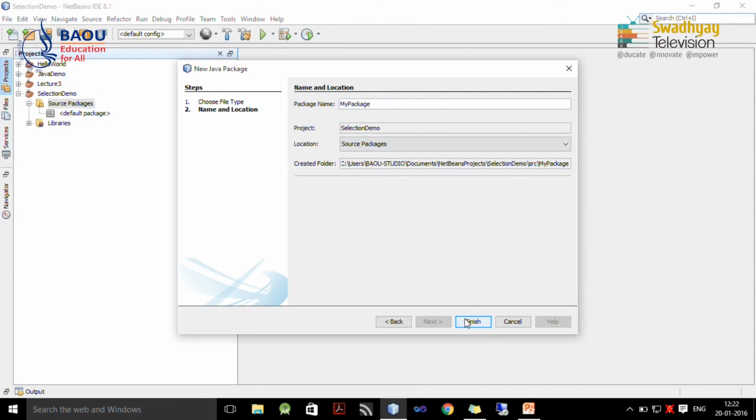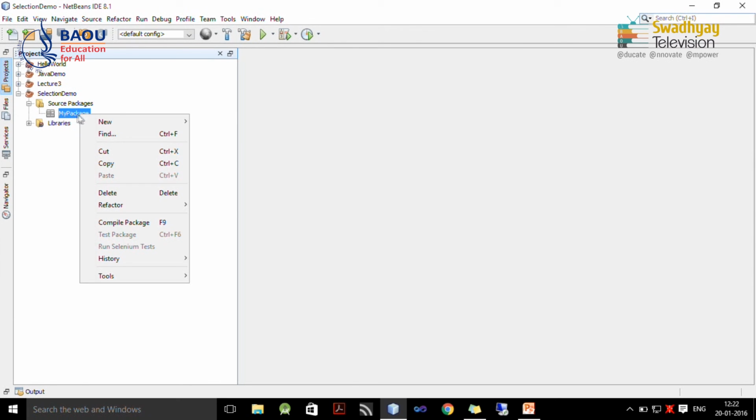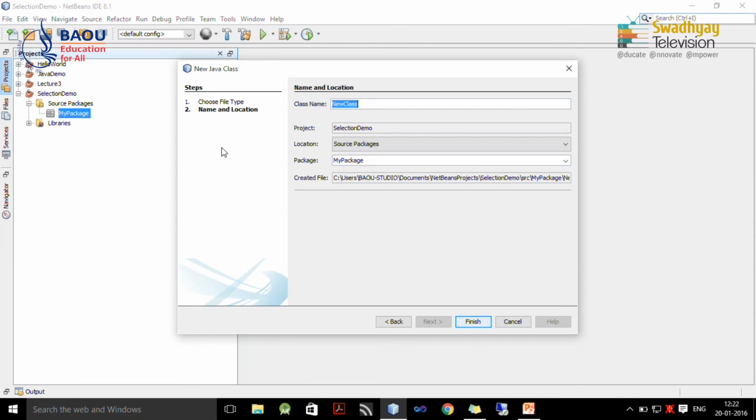Here I am pressing Finish. So, one package with the name mypackage is created, and we are going to write our classes inside this package. Now, right click on this mypackage and then New, and we write our first program by selecting Java Class.